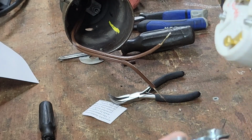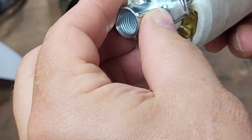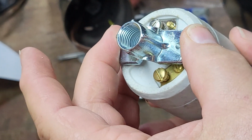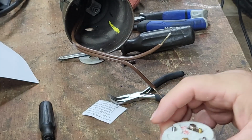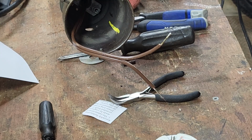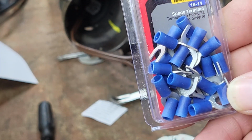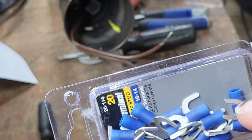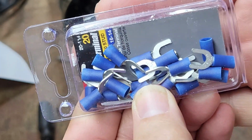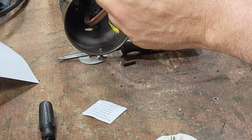The base of the Mogul socket attaches like so. So it leaves these screws open. So these are the options. You can do a split end connector. As I say, split end, you can see it's not an enclosed ring. Okay? Or you can solder the whole thing,